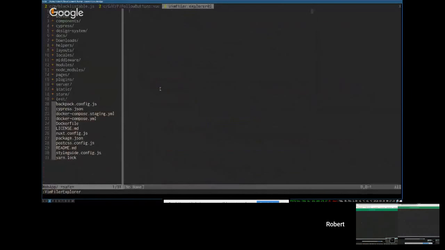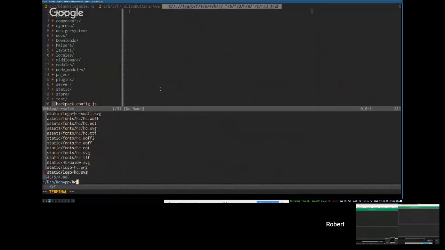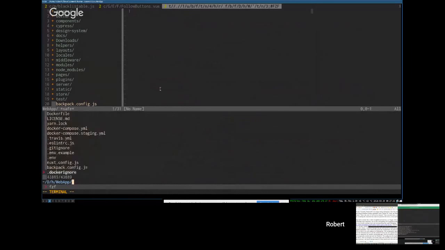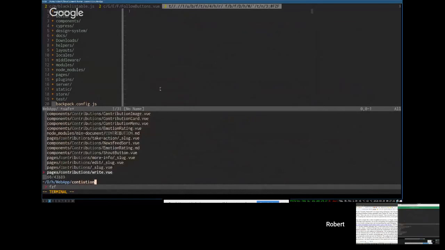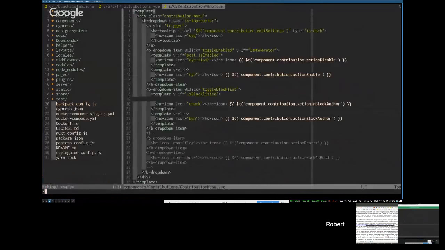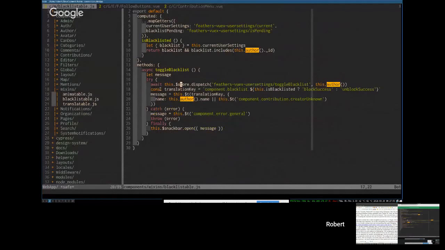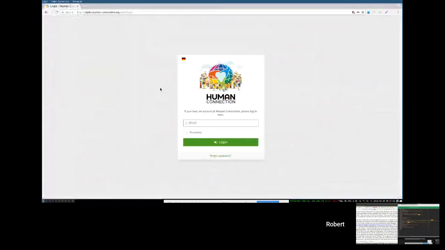In the contribution menu, we have author, and it's returning post user. That's why. Okay, so this blacklistable thing is relying on a method called author. If we scrap this whole thing here,